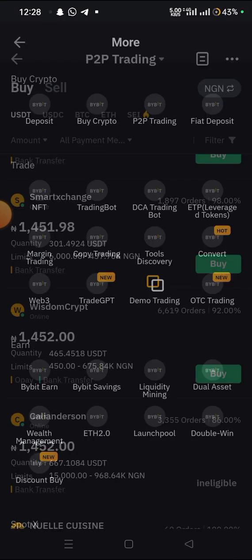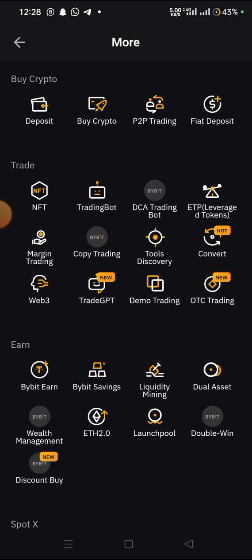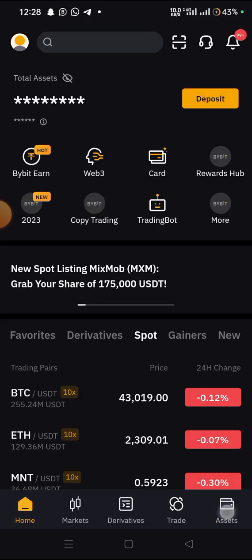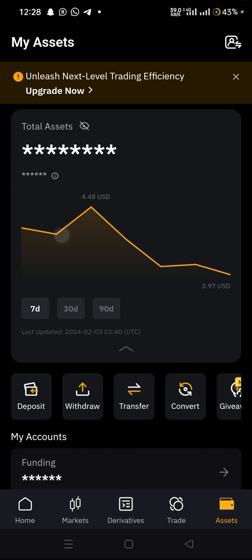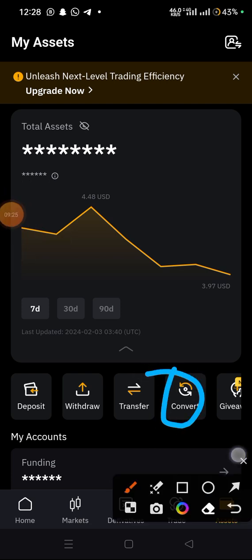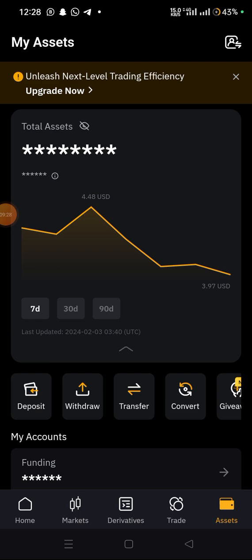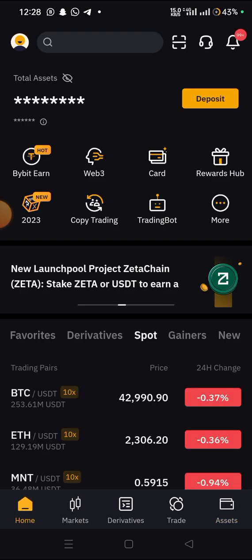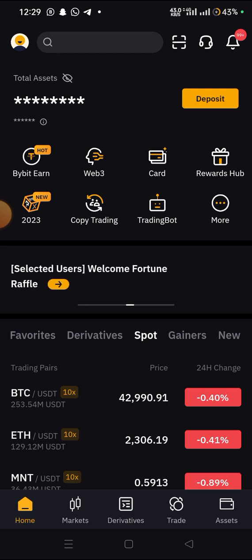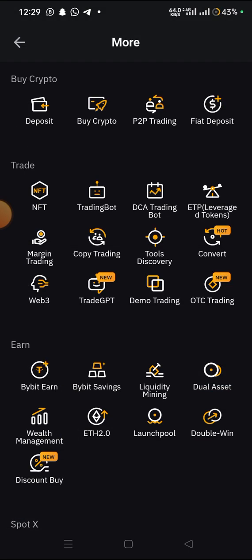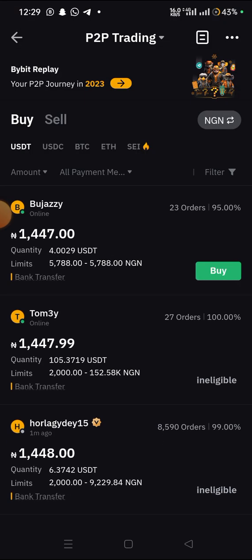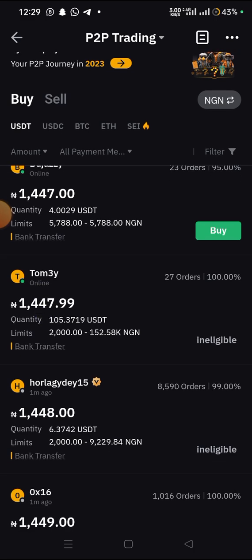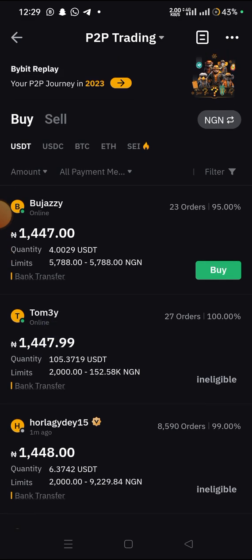If you want to know how to convert it, all you need to do is come back to your account, click on asset, then click on convert here. Then you can select USDT, USDC. So you convert your USDT to USDC. That is it. After we convert the same USDT we buy, that 465 USDT we buy at